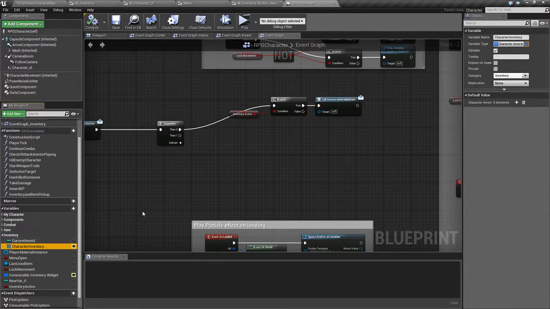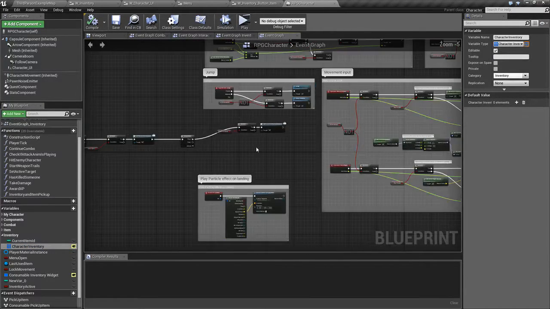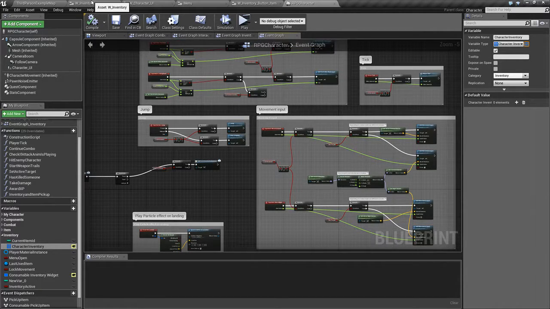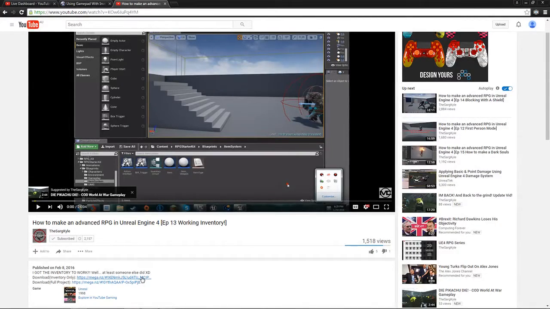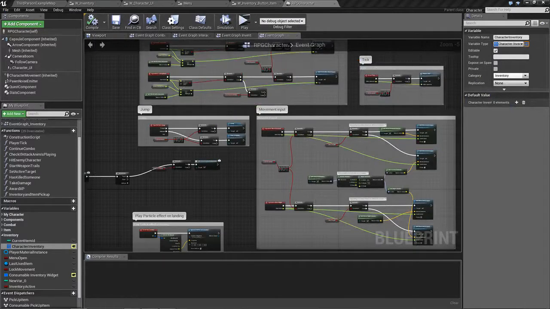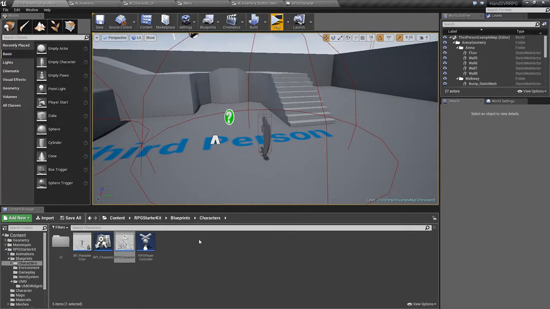The reason why I did it this way is because then the inventory is actually on the player character, where previously if you get this one here off of Kyle, the inventory is actually set on the